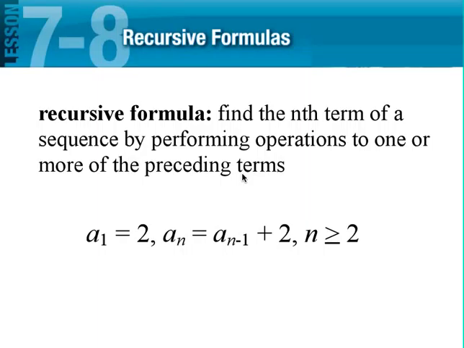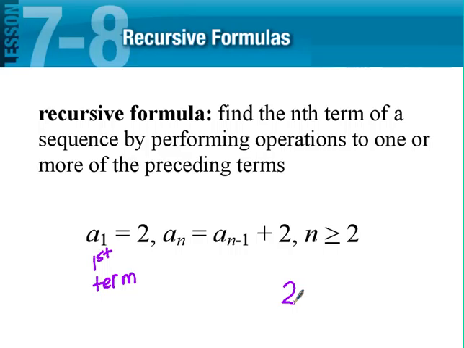And then when we get into Algebra 2 and Pre-Calc, we will go over recursive formulas quite a bit more. But how you use a recursive formula is you use a recursive formula to find the nth term of a sequence by performing operations to one or more of the preceding terms. So if you look at this, a sub 1, remember, this means my first term. So that means I'm starting with 2. Okay. Now what this means when it says a sub n equals a sub n minus 1 plus 2,